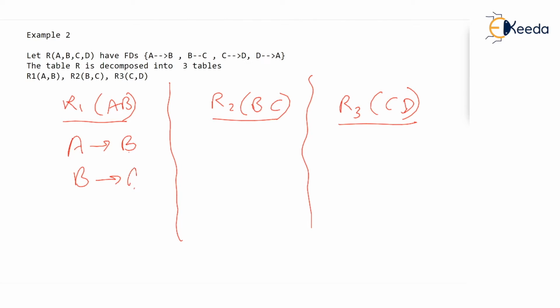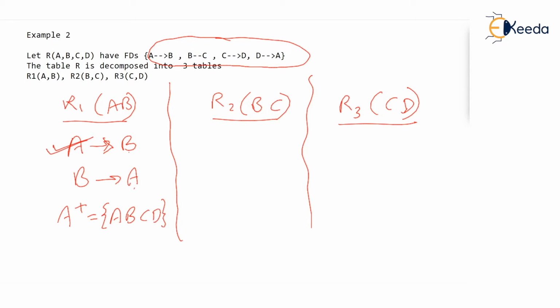Now, how do you know whether this dependency is preserved or not? A determines B, is it followed by R1? Simply you find A plus using our original dependency set. And notice, I'm not wasting time now. Notice A closure will contain ABCD. Check it on your own closure set. So A can determine B. Observe, it has B. The closure has B. So A determines B is satisfied.